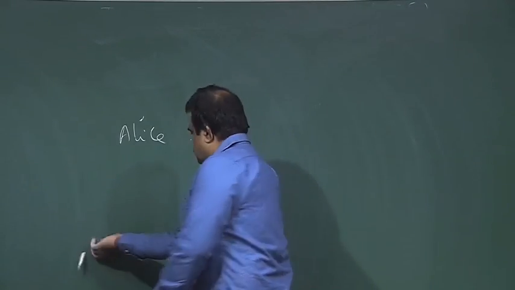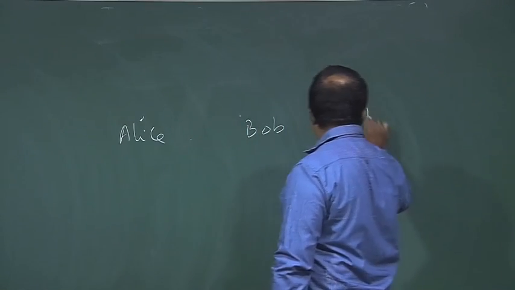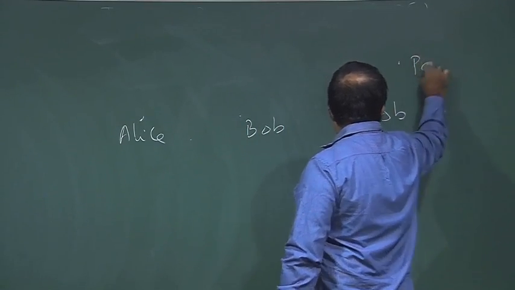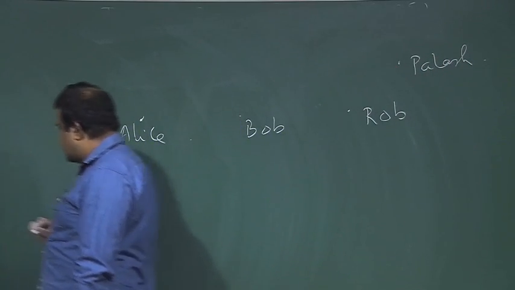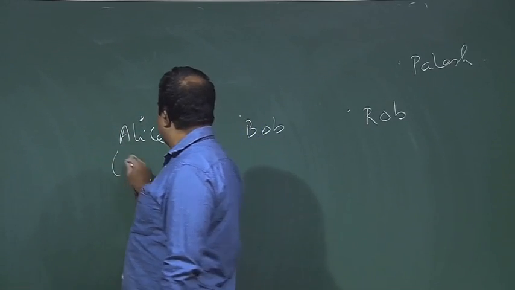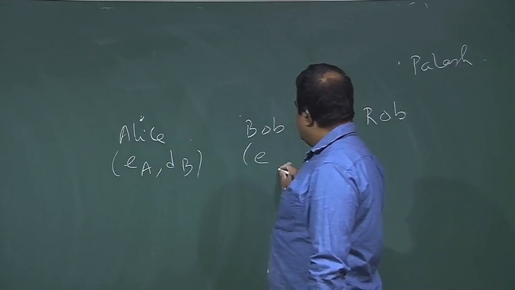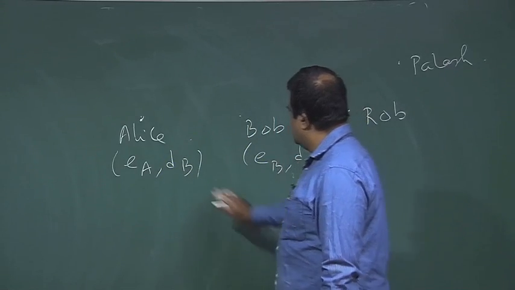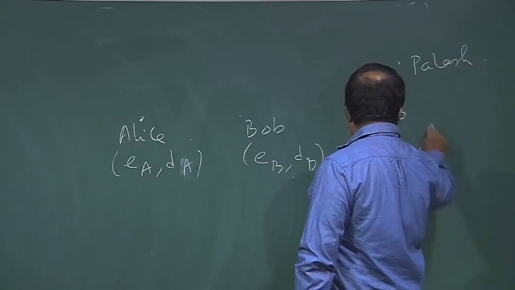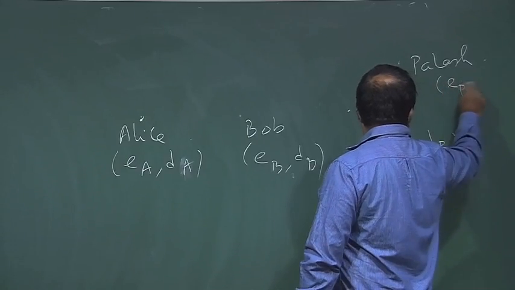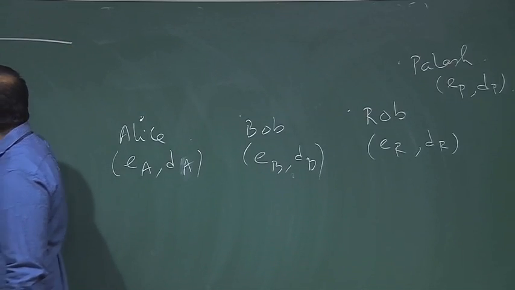Alice, Bob, Rob, Palas. In the public key crypto system, everybody needs to have a public key, private key pair. EB, DB, ER, DR, EP, DP, and then everybody's public key should be stored somewhere,